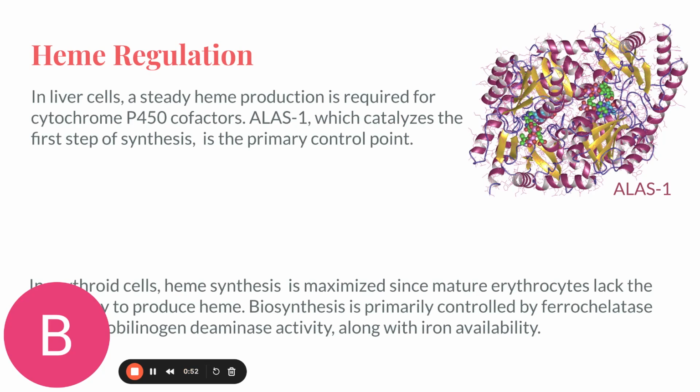In contrast, the liver contributes around 12% of total heme production, and this is primarily for cytochrome P450 enzymes, and synthesis is tightly regulated to meet fluctuating metabolic demands. In the liver, heme regulates the formation of the ALA intermediate, if you remember, so the first reaction in heme biosynthesis, through feedback inhibition of mitochondrial transport and repression of enzyme synthesis. However, in erythroid cells, heme stimulates protein synthesis in reticulocytes, promoting the coordinated production of hemoglobin subunits. And biosynthesis is primarily controlled here by ferrochelatase and porphobilinogen deaminase activity, along with iron availability, so not the same